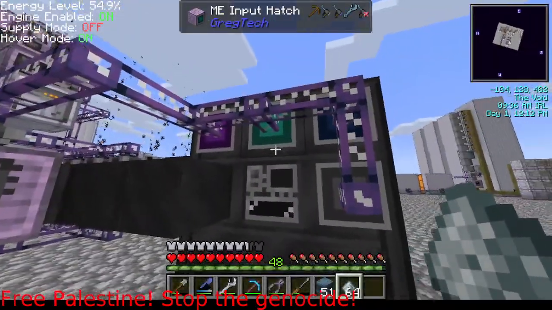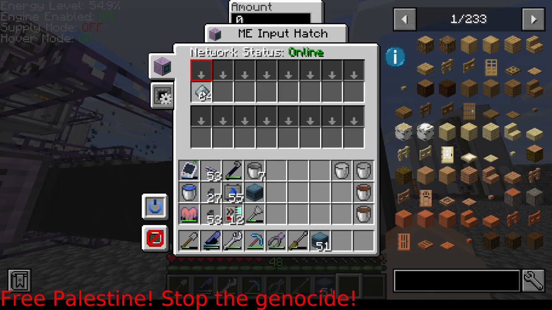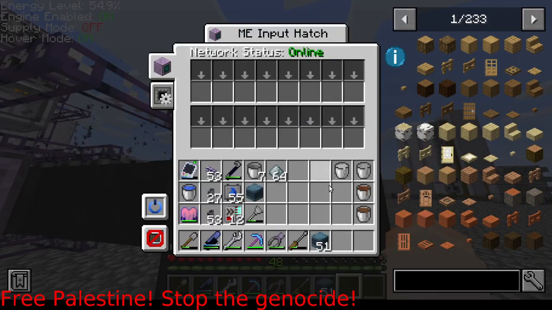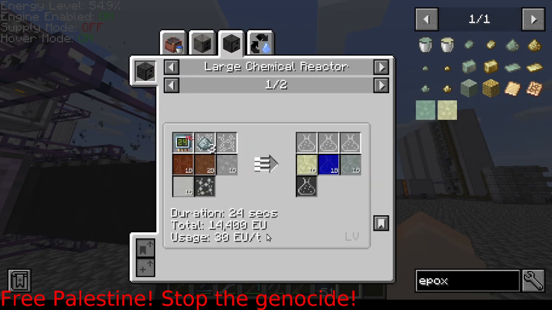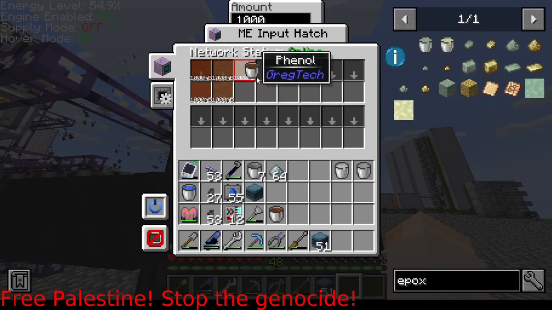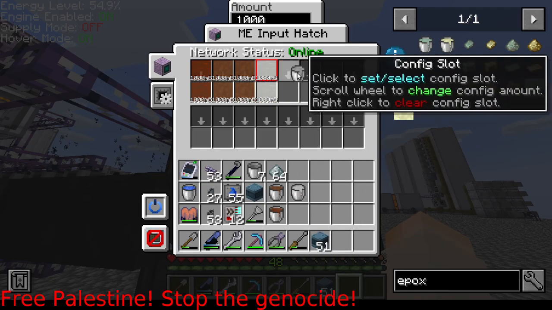Okay, got some mean, nasty, ugly stuff here. Input hatch. Oh, dummy, I'm at the input bus. There we go. Hatch is for liquids, silly person. Epichlorohydrin. Epoxy requires one of everything except two of phenol. Okay, one epichlorohydrin, two phenol, one hydrochloric acid, one acetone bucket,